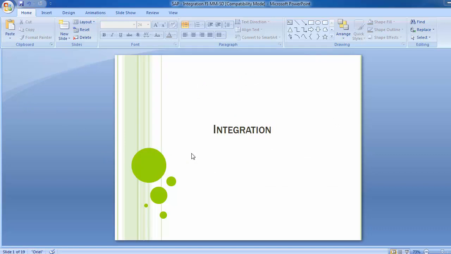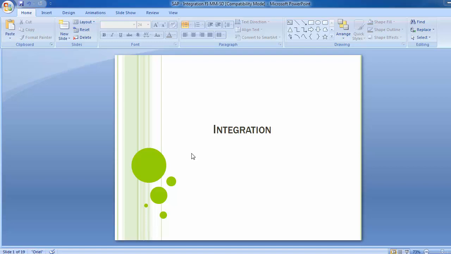Similarly, the purchase department should be integrated with the sales department. The sales department has to be integrated with the finance and accounts department. In the same way, the HR department has to be integrated with the finance and accounts department. So every department has to be integrated, wherever they are linked to each other and need the integrations to be done. This is the best feature of the standard SAP software.